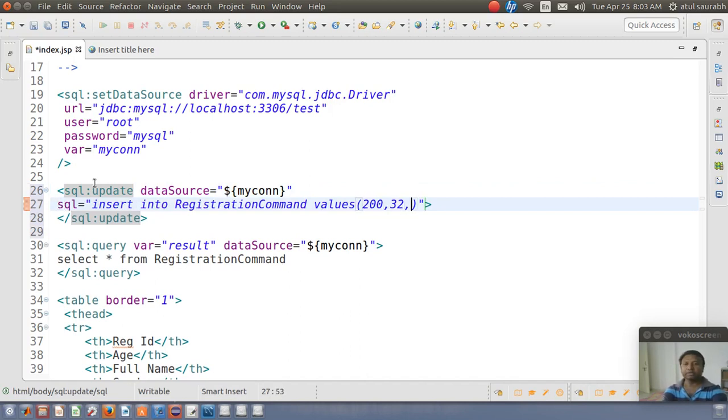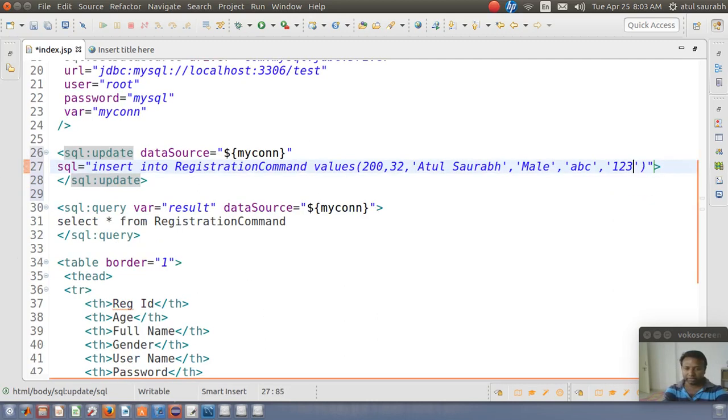Then the third parameter is Atul Saurav. The fourth parameter I want to store is gender, that is male, and the username which I want to use is ABC, and the password is 123.